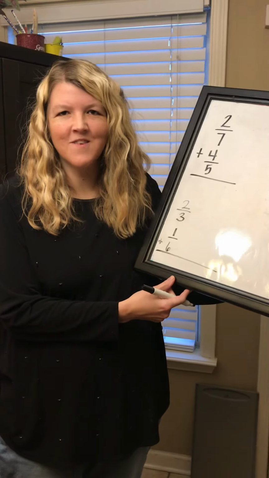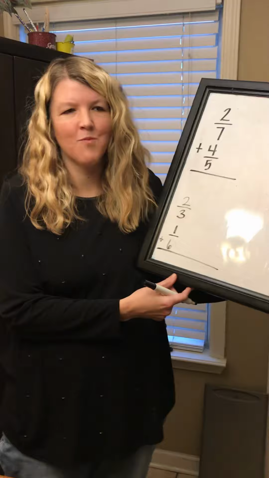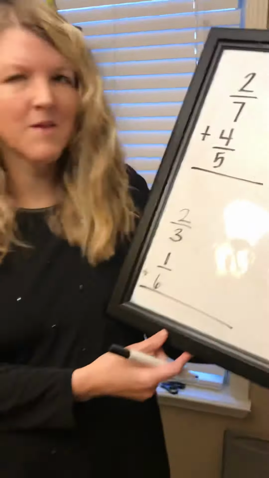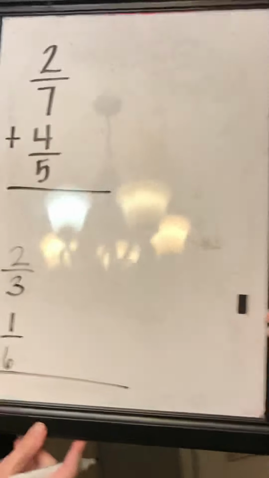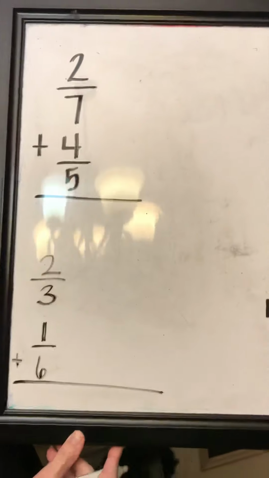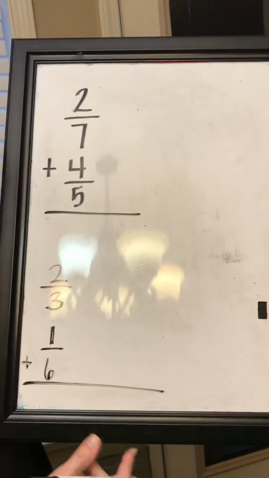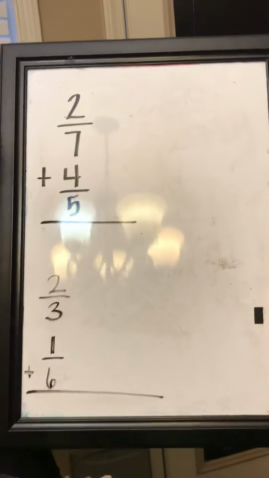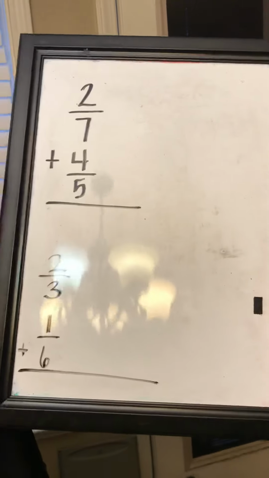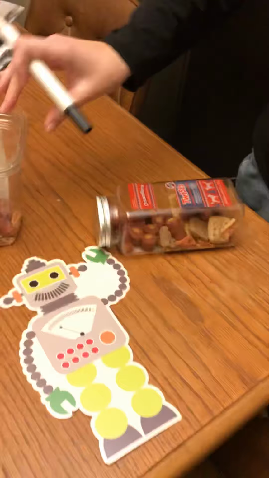Hi everyone, we're going to solve some more fraction problems, and so we're going to be finding common denominators in order to add these fractions. And so I'm going to start with this problem at the bottom here. So let's say that Lucy has about 2/3 of her treats left and Luna only has about 1/6 of her